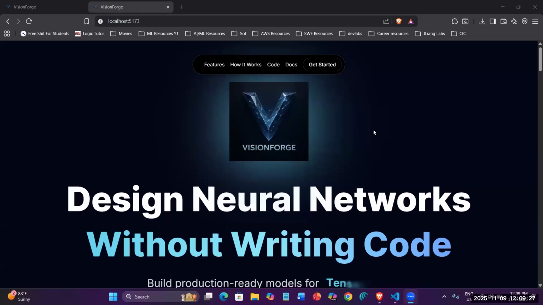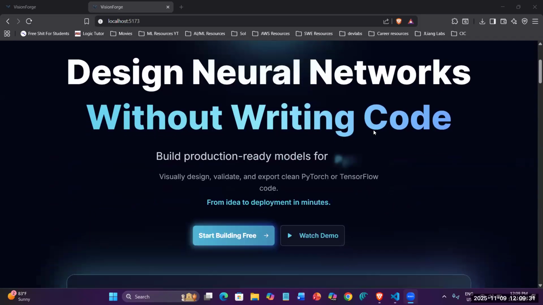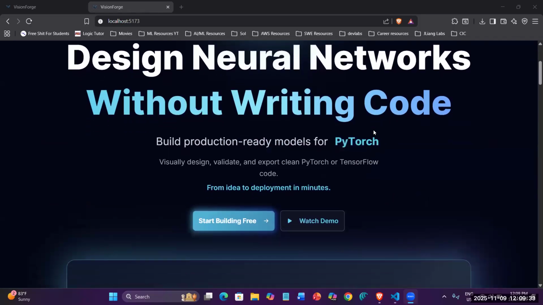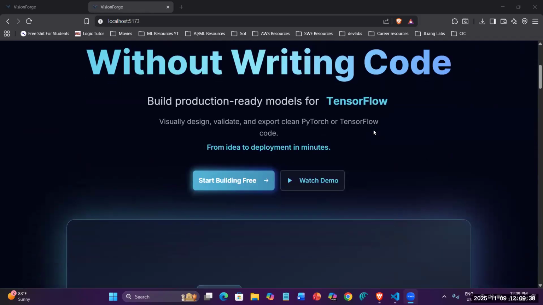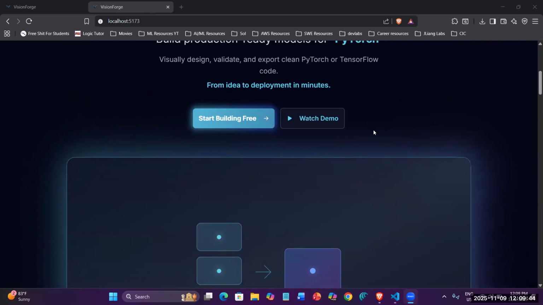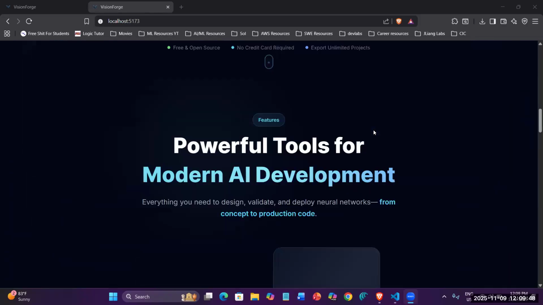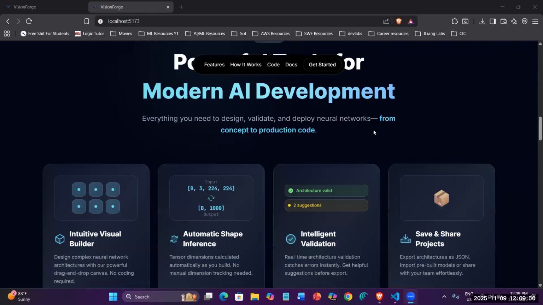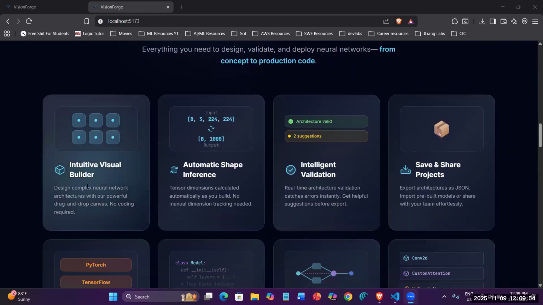Everyone. We are Team VisionForge, a platform to design neural networks and deep learning architectures without writing a single line of code and build production-ready models for PyTorch and TensorFlow. We visually design, validate, and export clean PyTorch or TensorFlow code to get your idea from idea to deployment in minutes. All you have to do is use our powerful tools for modern AI development through our visual intuitive builder,